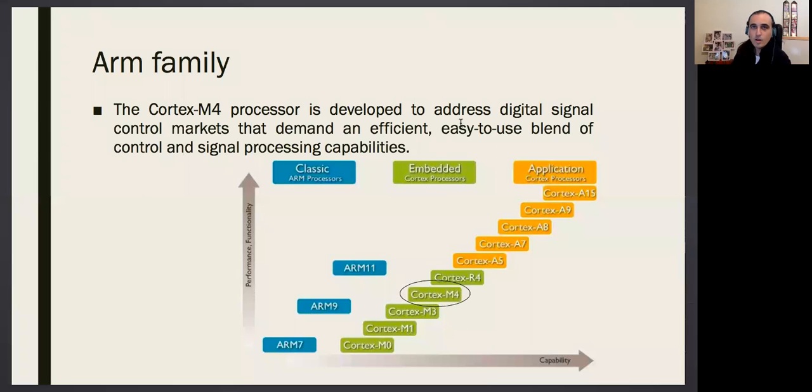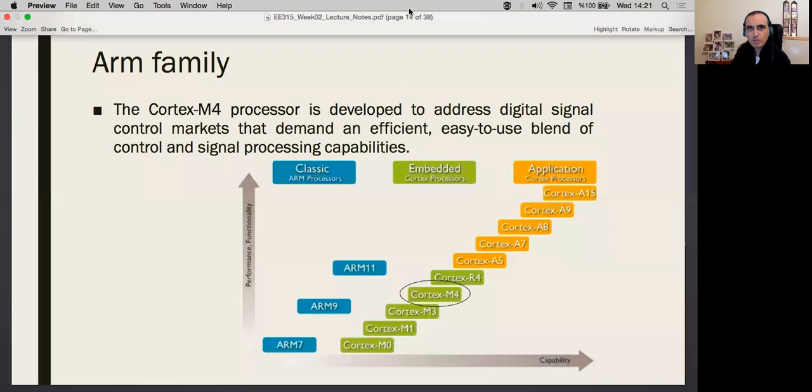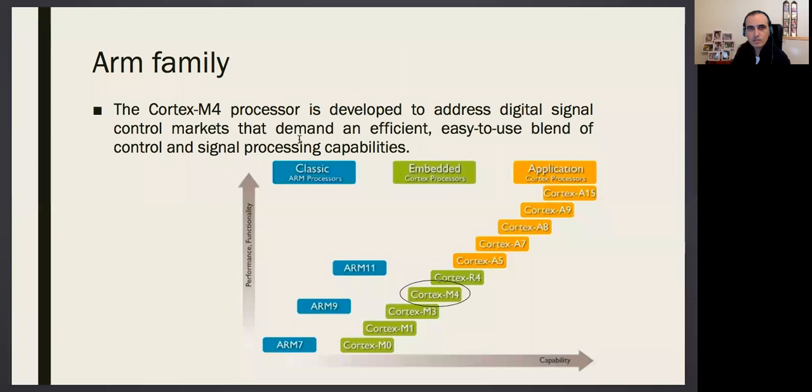Okay, so I am sharing my window, right? You can see the slides. Okay, so